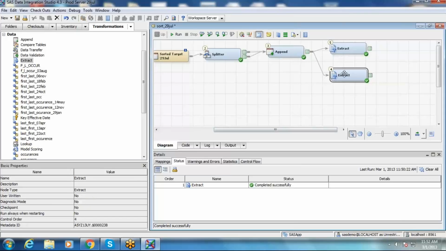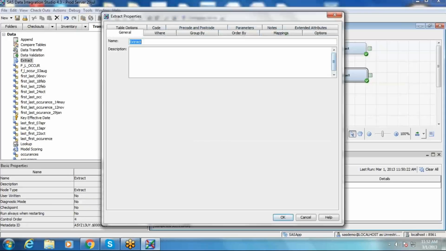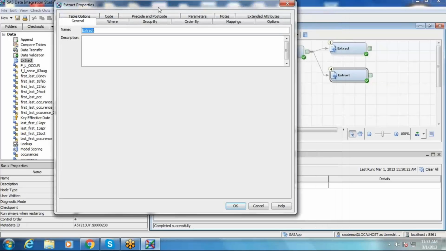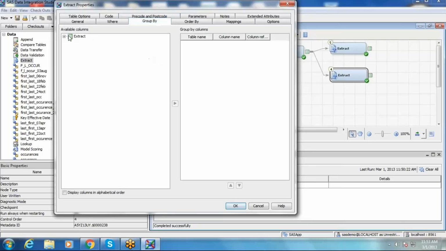Just go to extract, double click on that. So if you want to use average, you need to group by something, right? So you go for group by clause here, extract based on customer country. I am going to group it. Here you are able to see only 2 columns. Customer name or customer gender is not shown to you. The reason being, we already applied the filters in the table properties.